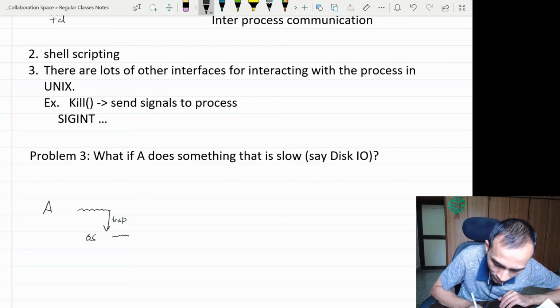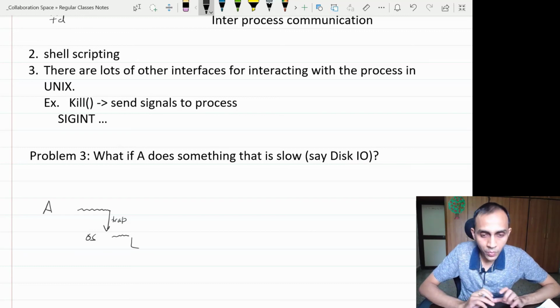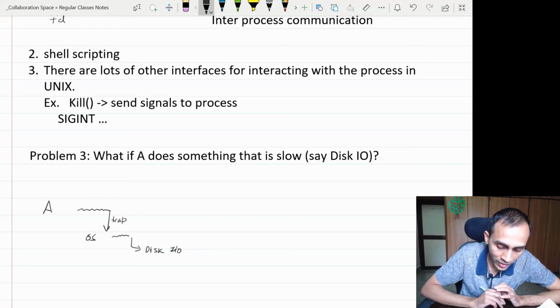Now disk IO, if you have some feel of this, any disk operation is multiple orders of magnitude slower than CPU execution. If an instruction takes a few microseconds, a single disk IO will take at least 1,000 times more time than a CPU execution or a memory read.